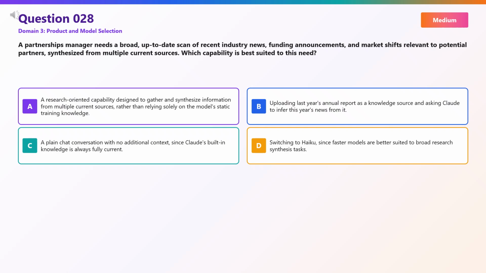Question 28. A partnerships manager needs a broad, up-to-date scan of recent industry news, funding announcements, and market shifts relevant to potential partners, synthesized from multiple current sources. Which capability is best suited to this need? The correct answer is A, a research-oriented capability designed to gather and synthesize information from multiple current sources, rather than